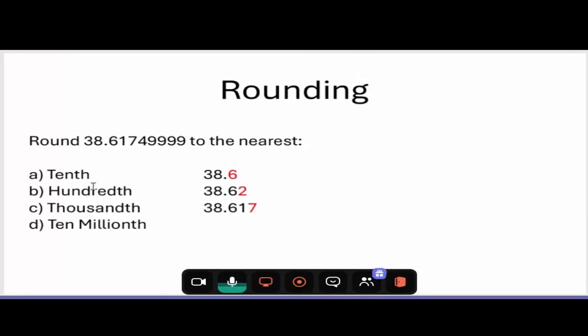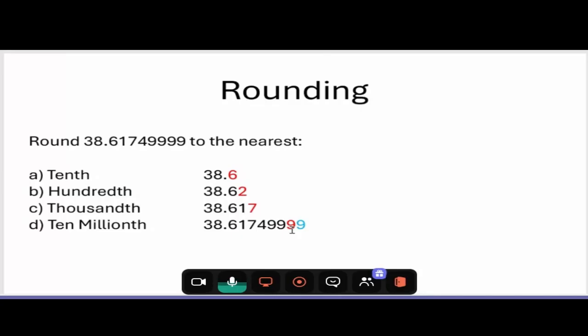And then the 10 millionth. Wow, okay. Tenths, hundredths, thousandths, 10,000ths, 100,000ths, millionths, 10 millionths. That 9 right there is the 10 millionths. We're going to use the digit right after it to round. Here is the one place you do have compound rounding, because that 9 says to take this 9 up, but there's nowhere to go. So that 9 sure goes up to a 0, but that flips over to the next one, because